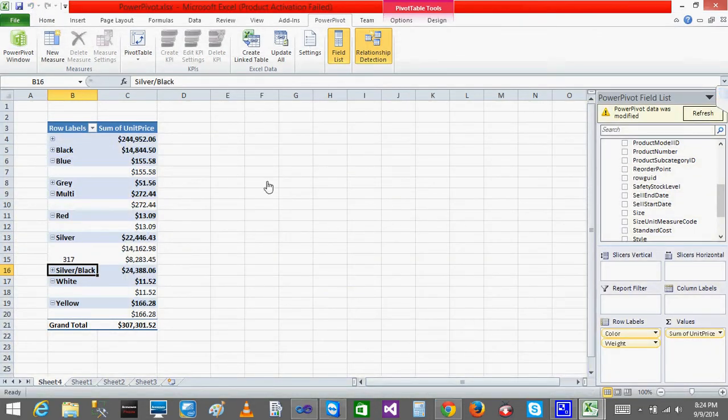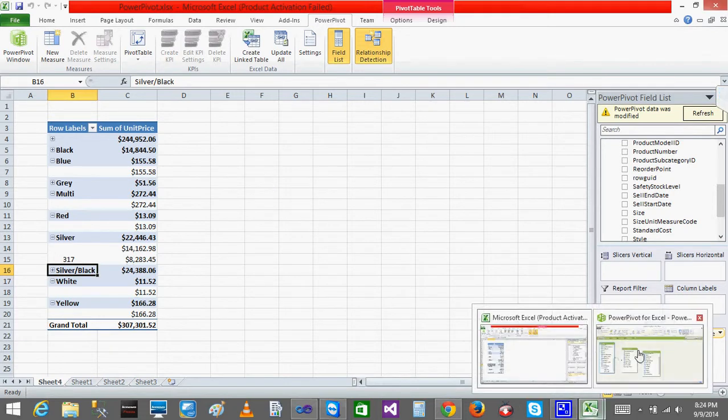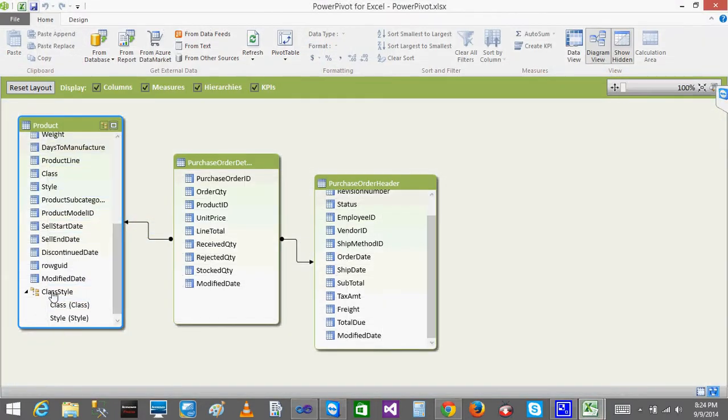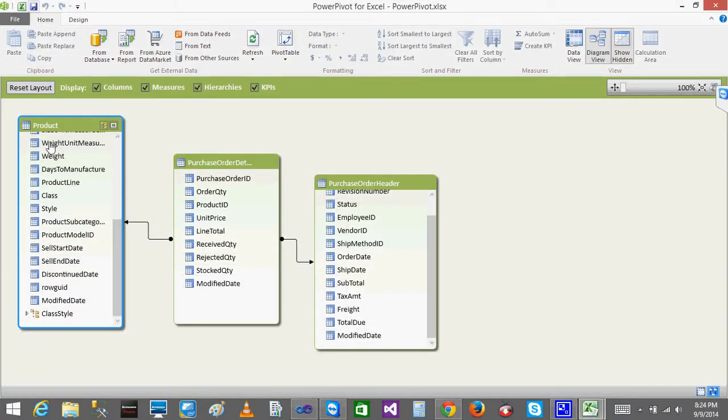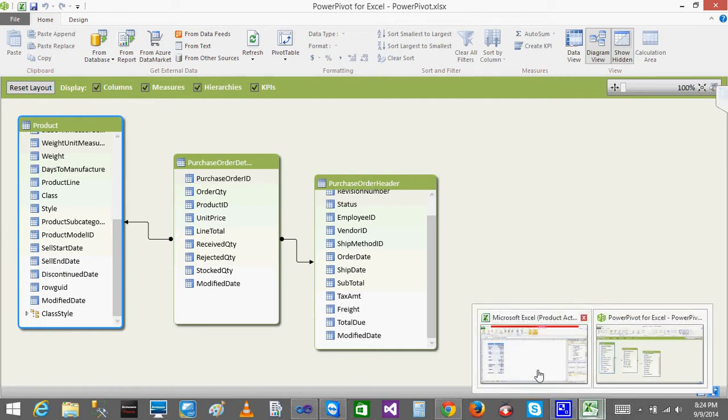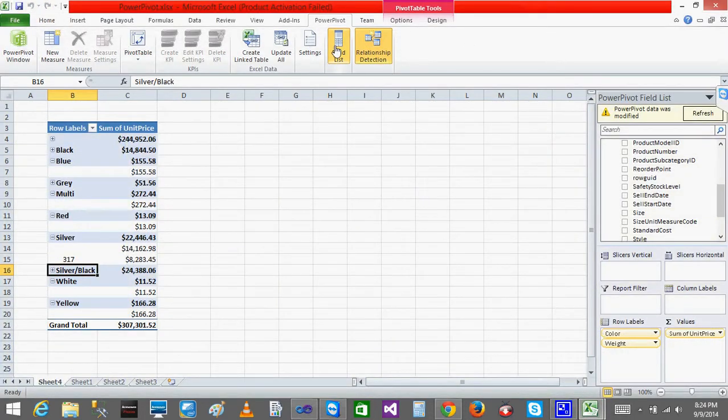Since I am saving, you can see here that because I changed some data in the PowerPivot, I created a hierarchy with the class style under the product dimension, right? So it is nothing but it captures a dimension. Under the product table I have created the hierarchy. So automatically you can see in the PowerPivot, which you had created, here at the right side, PowerPivot data was modified, refresh. So when I click refresh,